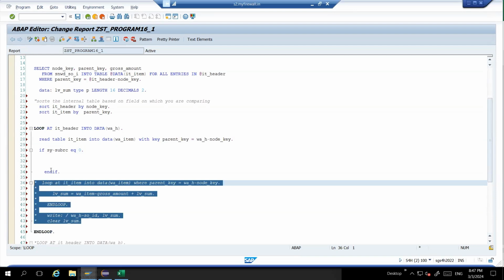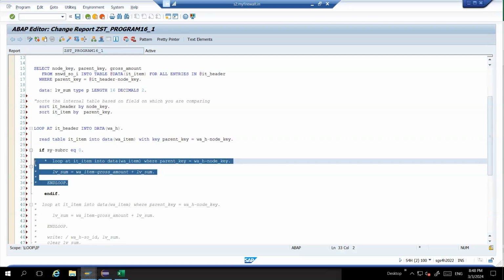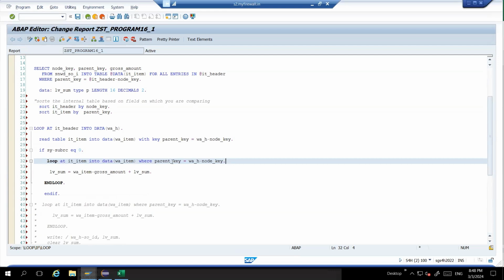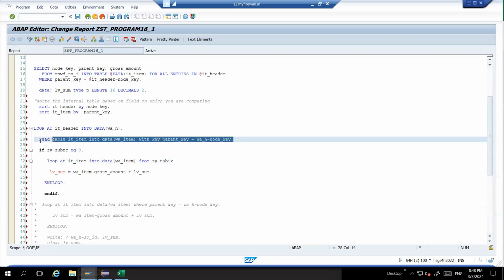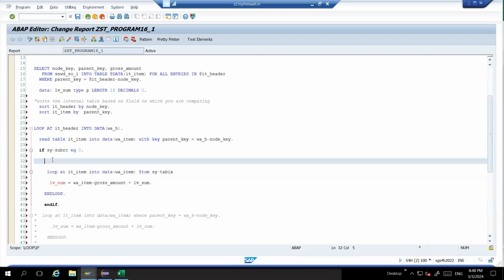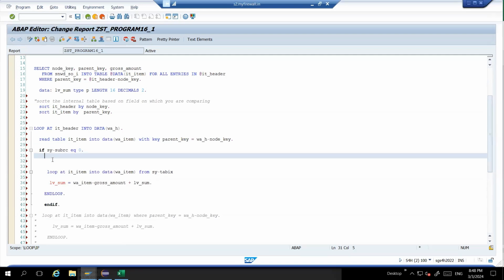So inside this, what code are you going to write? You are going to write this part of the code. Here, instead of the where condition, you use sy-tabix. You will store sy-tabix from here. You can use it like this also, but suppose in between you are doing some more calculation, sy-tabix will change. So better, just after sy-subrc equals 0, let's store